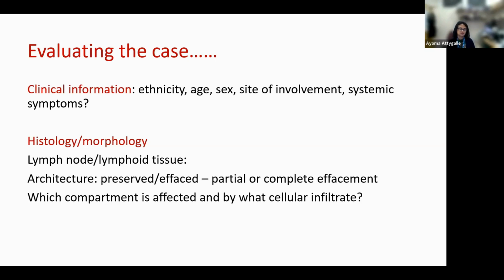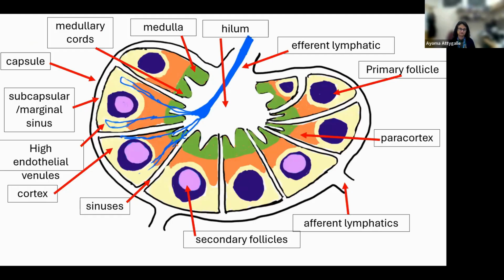But when we assess histology or morphology, we look at, and today my emphasis will be mainly nodal. So if you take a lymph node, you have to assess to see, is the architecture preserved or is it effaced? And if it is effaced, is there partial or complete effacement? And we have to also assess to see which compartment is involved and by what cellular infiltrate. So before we look to see whether any tissue is effaced or not, it's quite useful to know what the normal looks like. And this is my diagrammatic